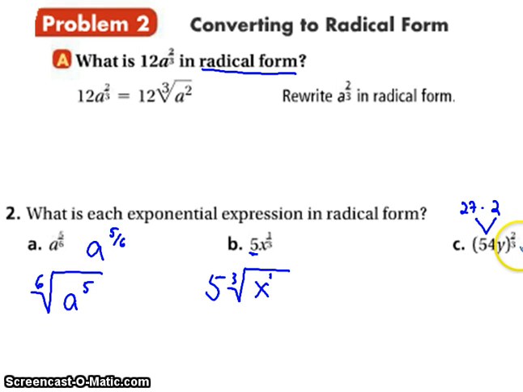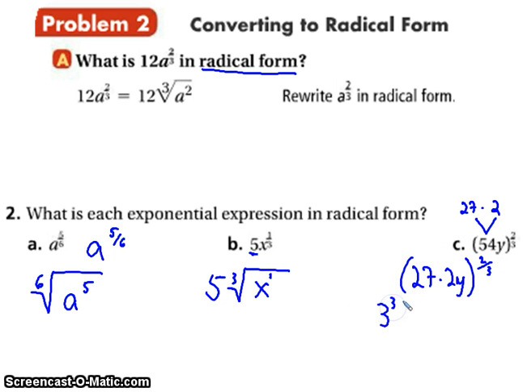And I want to find out what number multiplied by itself 3 times gives me 27. So therefore I know that 3 times 3 times 3. So I'm going to break this up, and I'm going to rewrite it like this: 27 times 2y to the power of 2/3. And then I'm going to take each part